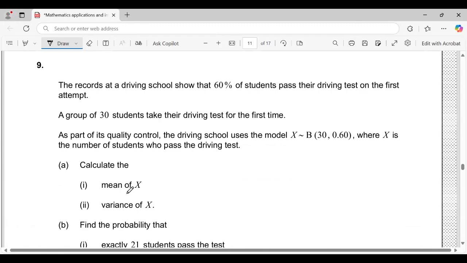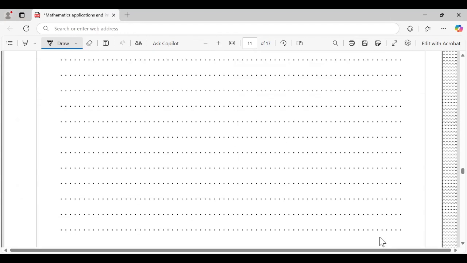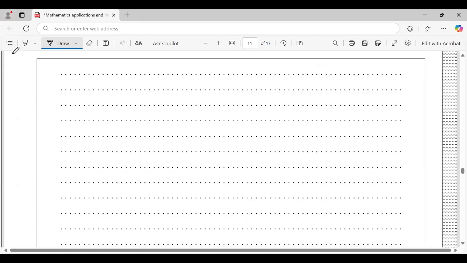Calculate the mean of X and the variance of X. So the mean of a binomial distribution equals